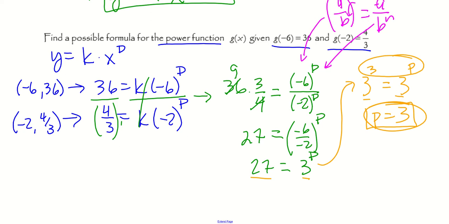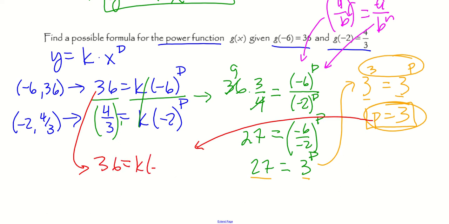Well, the top equation doesn't have any fractions, but it's got smaller numbers. Let's take the top one. So I'm going to take the top equation along with this p equals 3, and I get 36 equals k times negative 6 to the 3. So that is 36 equals k